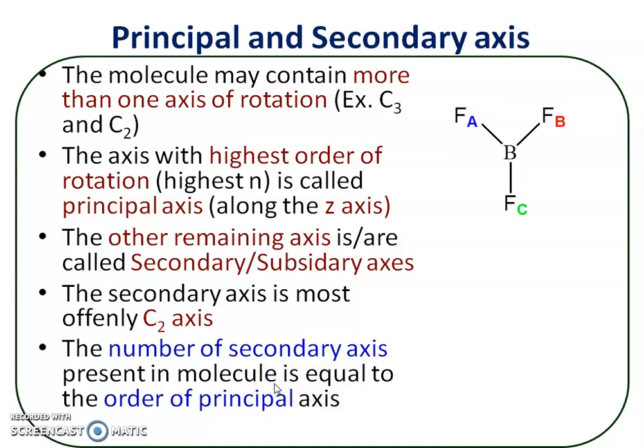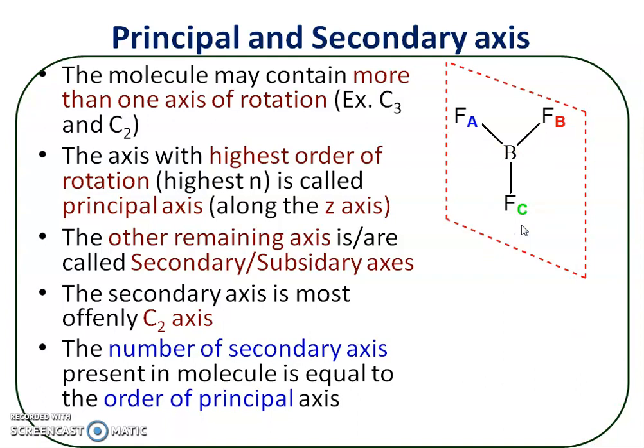We'll take an example. Now consider the boron trifluoride molecule. Again, boron undergoes sp2 hybridization. There are 3 fluorine atoms attached to this boron. The molecule has a planar symmetry, a planar triangular molecule, and the fluorine, boron, fluorine bond angle is 120 degree. Now in order to distinguish the 3 fluorine atoms, these fluorine atoms are marked as A, B and C. As such, the fluorine atoms are the same, we can't distinguish them, but in order to recognize these 3 different fluorine atoms, they are marked as A, B and C.